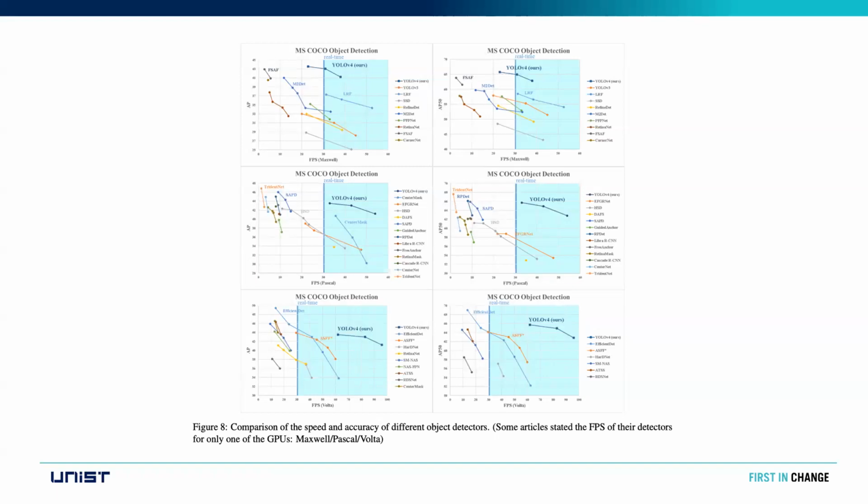Like this, the experiment results of YOLO version 4 compared to other object detectors. So this is the frames per second to AP graph, and the right part is real-time object detectors. So as we can see, YOLO version 4 is getting